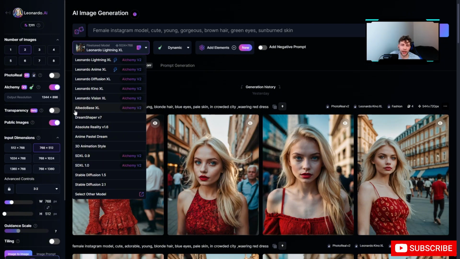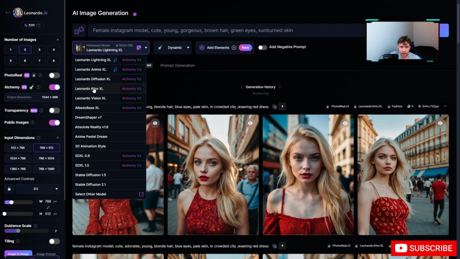So for example, one model can be great for anime images, alright? The other one can be great for hyper-realistic images. Another one can be great to create fantasy, I would say, portraits, alright? Or, I would say, objects. So basically we've got a lot of different models inside of Leonardo. For now we won't speak about it a lot, however now I will show you the 2 best models